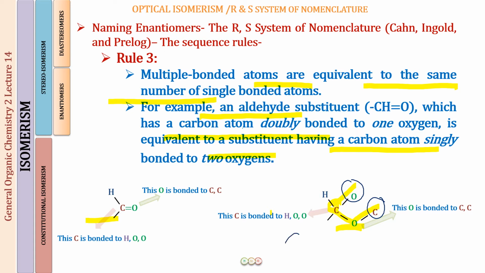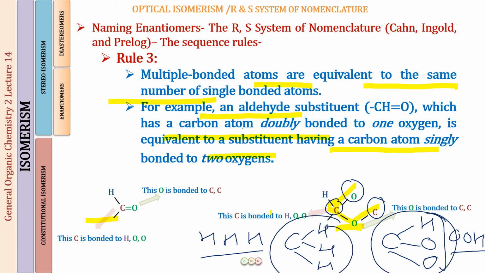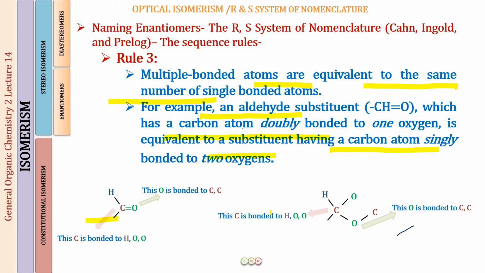So now in the CH3 group, what you had was 3H. So you can write this as H, H and H. And in the CHO group, now you have this carbon which is attached to a hydrogen, oxygen and oxygen. Okay, so this is going to be O, O, H. So obviously the atomic number of oxygen is going to be more than that of hydrogen. So we will be having the CHO group to be of a higher priority than the CH3 group. So this would be group number 2, this would be group number 3 in the example that we had taken. Okay, so I hope this is also clear now, rule number 2.